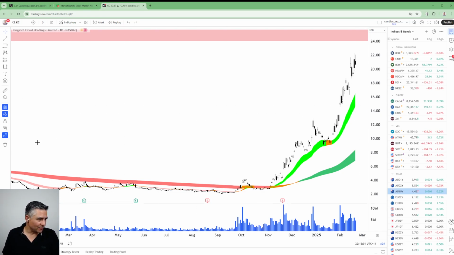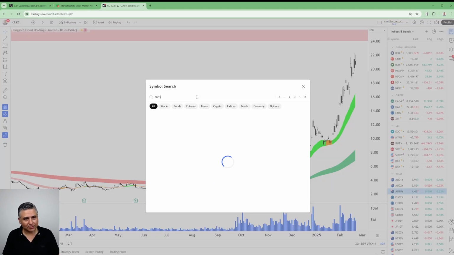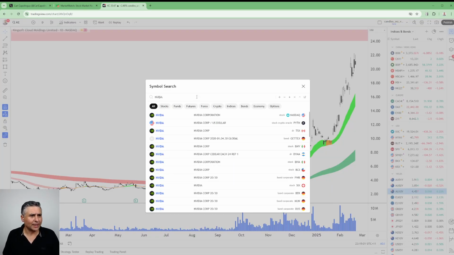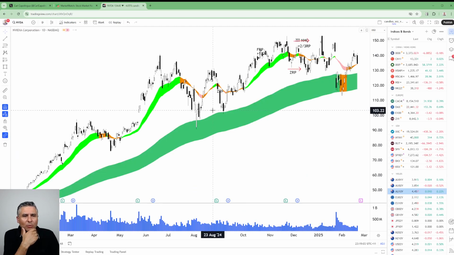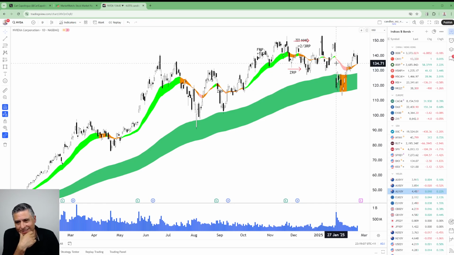Can we just look at NVDA? Yeah, I can look at that as well. Reports Wednesday night, seems to carry the Nasdaq every quarter, and hopefully it does. Hopefully it does carry the Nasdaq. I know we got a bit bearish on it a little while ago, and then it turned back up again. I just think it's in a trading range, isn't it, Matthew? It just seems to be